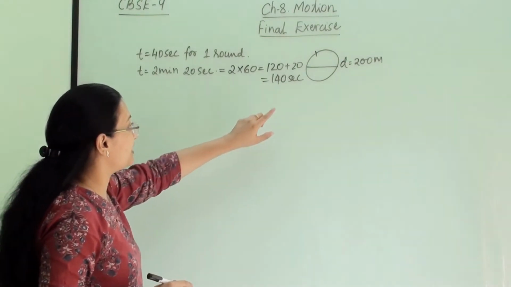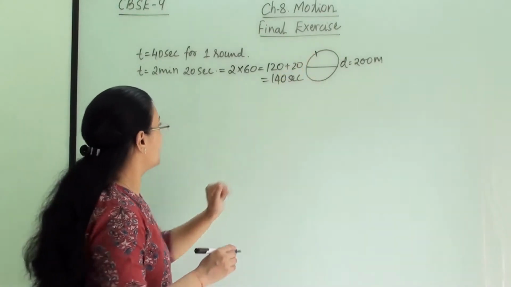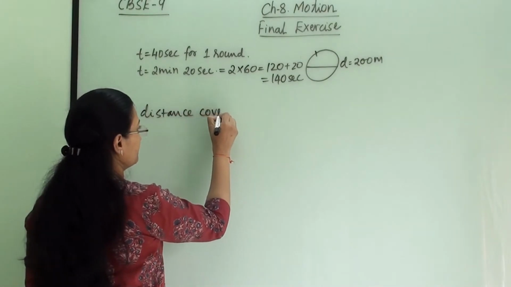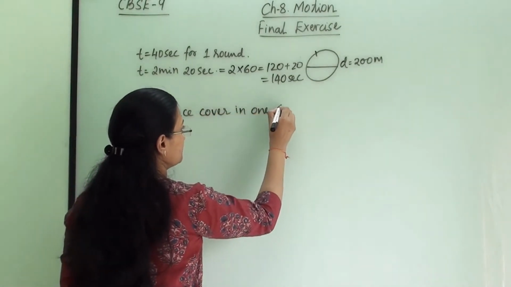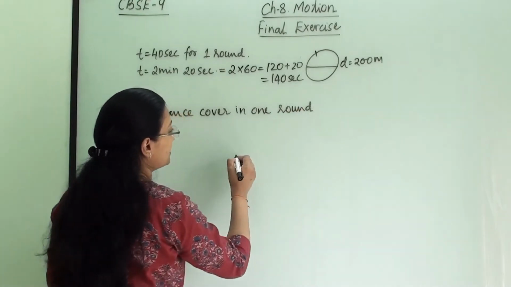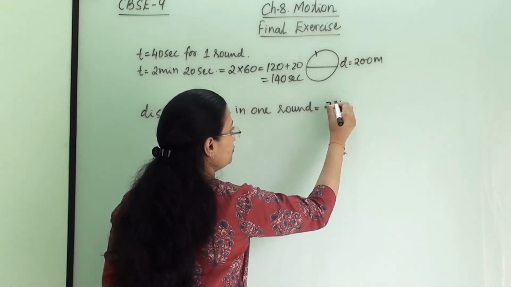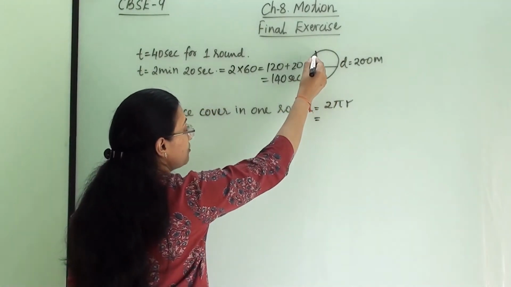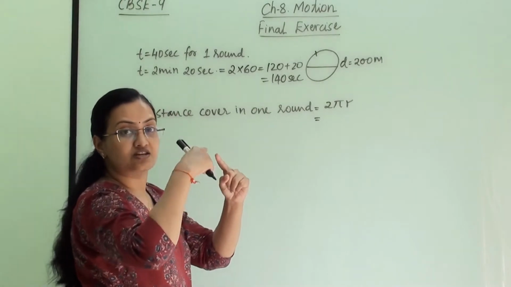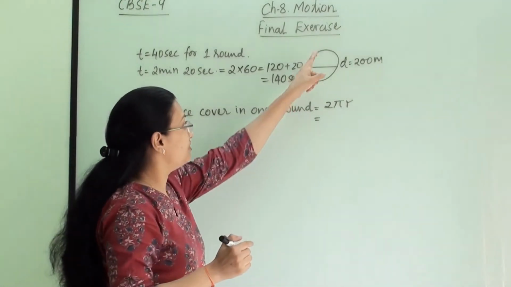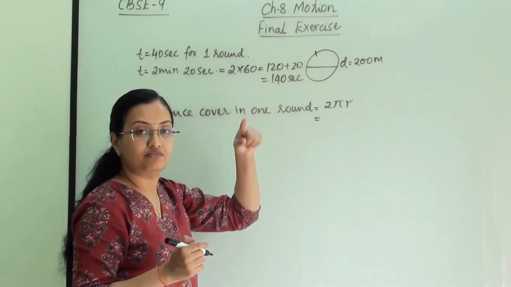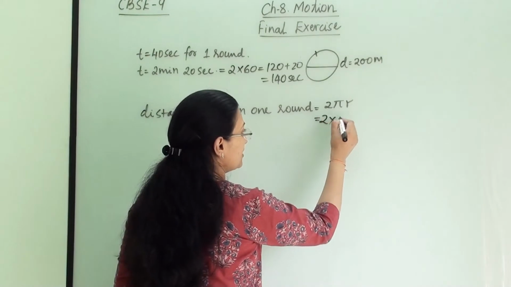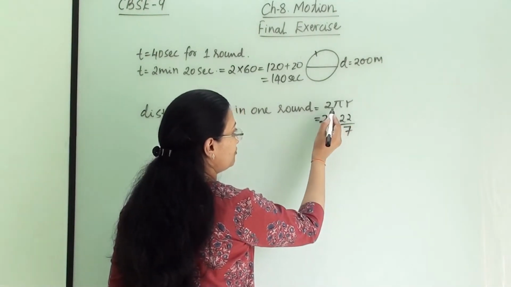So first we will find out the distance for one track. So the distance covered in one round equals 2 pi r. Why is it 2 pi r? Because he takes one full round here and he is traveling on a circular path. So once we find the circumference of the circle, we will get the distance, and this is the circumference of the circle. So here we will get 2 into 22 by 7, that is the value of pi,